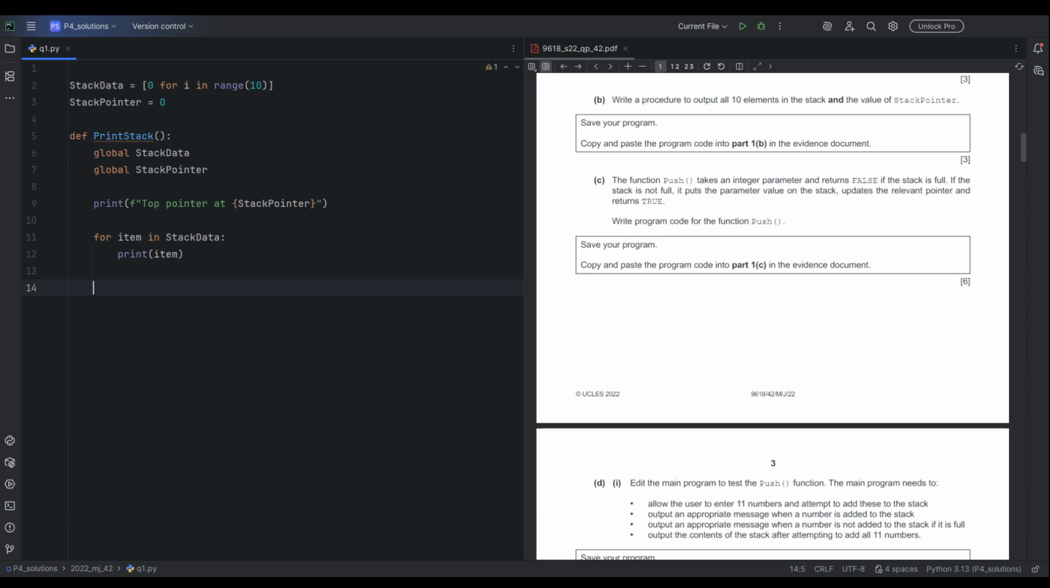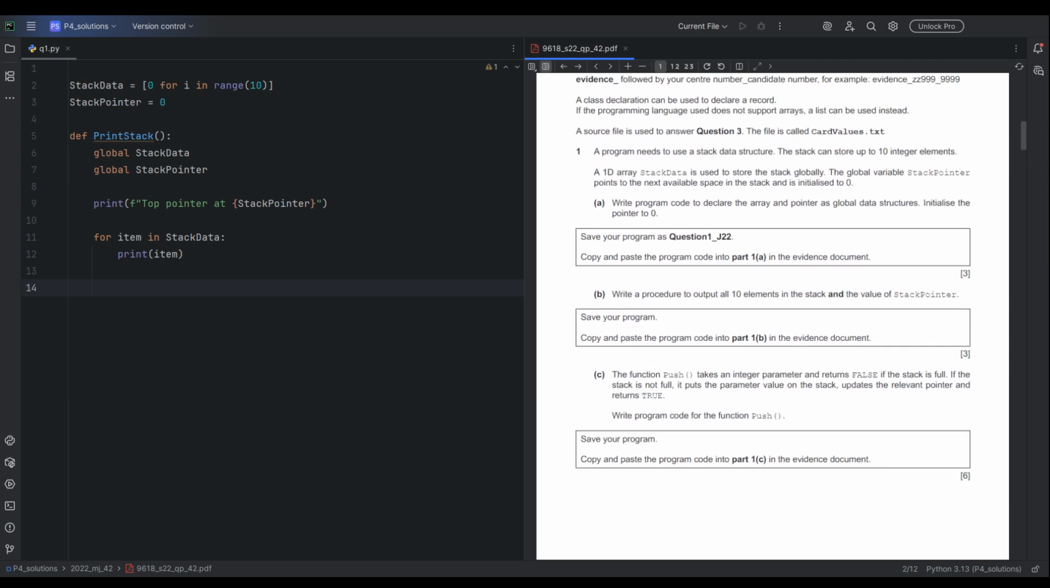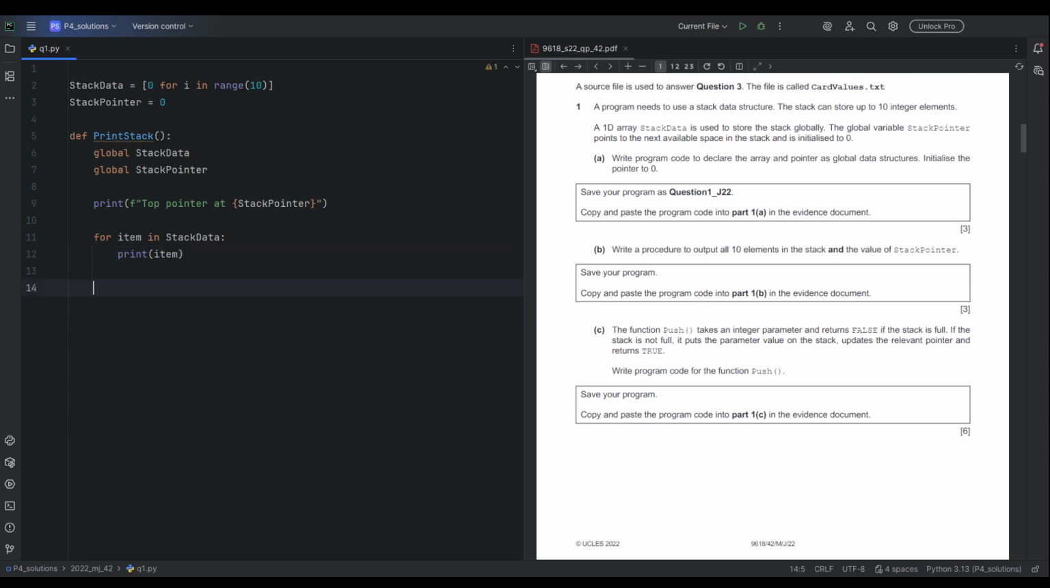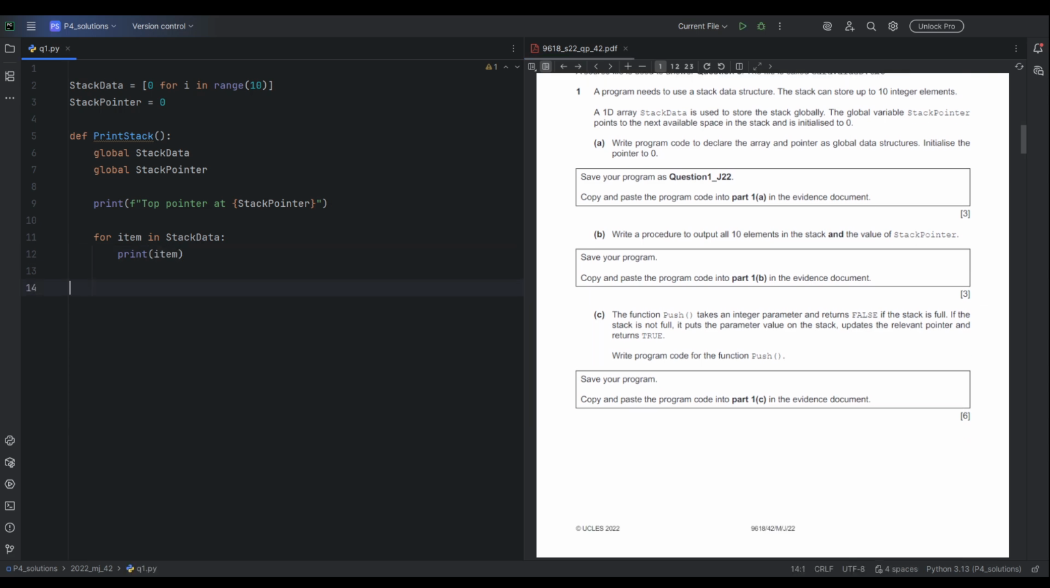The function push takes an integer parameter and returns false if the stack is full. If the stack is not full, it puts the parameter value on the stack. Okay, so the stack pointer is already initialized to the next available space, which is set to 0, which means first we'll place the value and then we'll increment the stack pointer. So push, let's say we have a new item here, and then we are going to add it into the stack. First of all, we have to check if the stack is full or not. So the same logic,